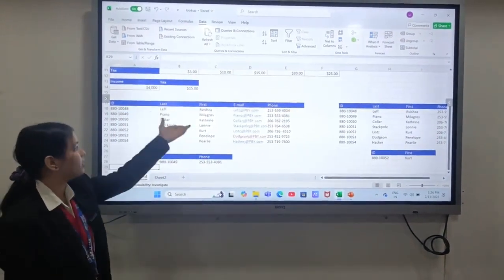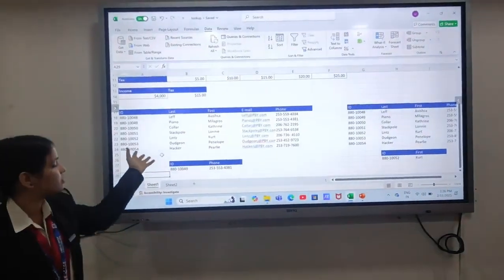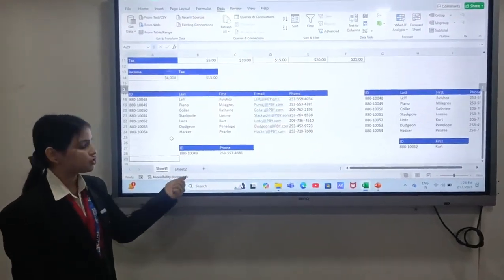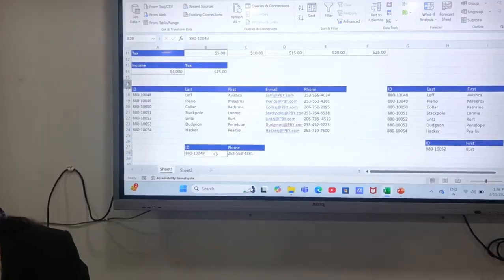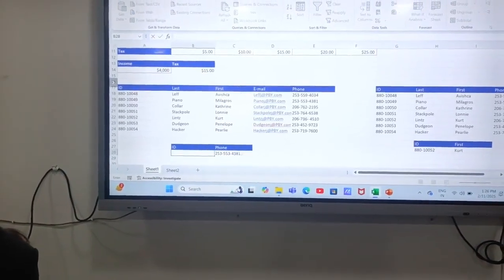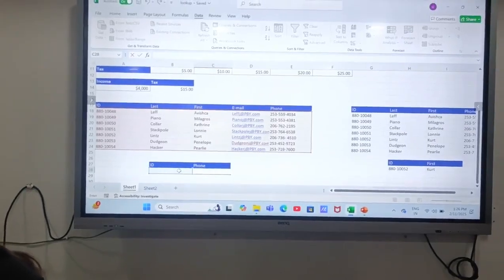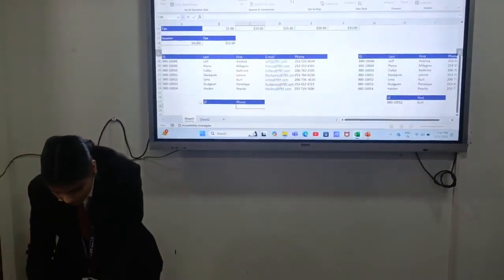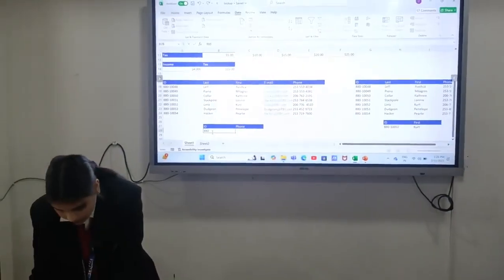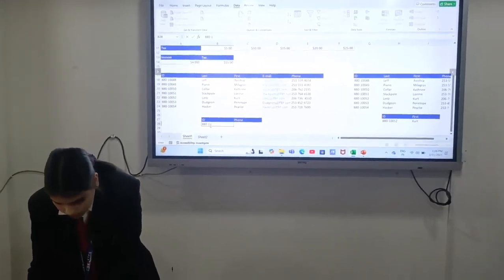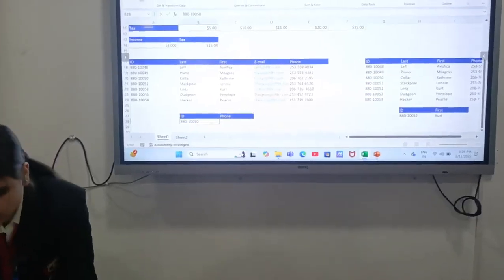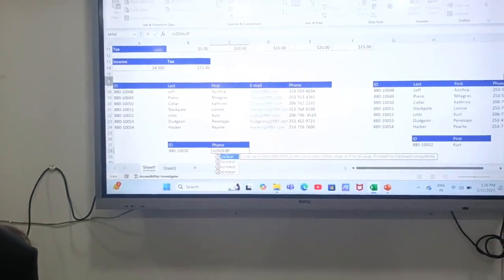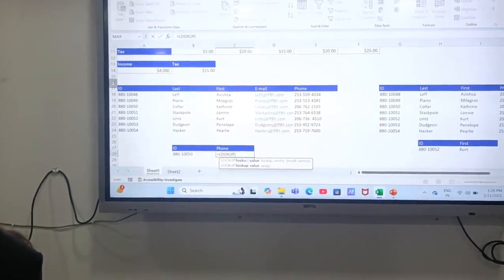And now I'll move to here. I have some vertical data, which is big data. If I want to find the phone number, I have to write the function. I'll write 0, 1, 50. For this, I'll write the same function, which is equal to lookup, open bracket.